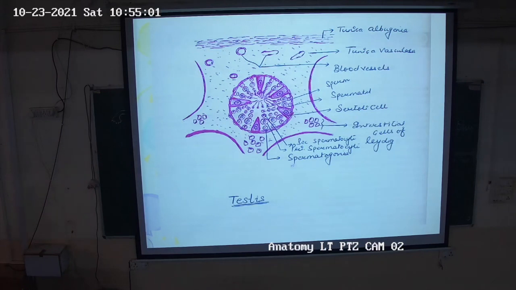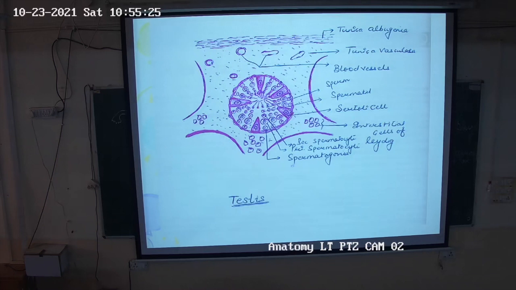You should remember the functions properly. Sertoli cell, you can star mark, because these are frequent viva questions. They ask what is the function of Sertoli cells, what is spermatogenesis, what is spermiogenesis. What is spermiogenesis? It is the maturation of the spermatids into spermatozoa. And in the center you will find the concentration of the spermatozoa or mature sperm.